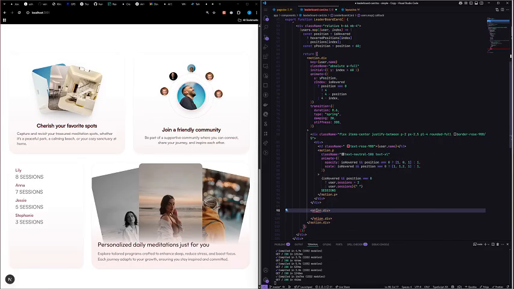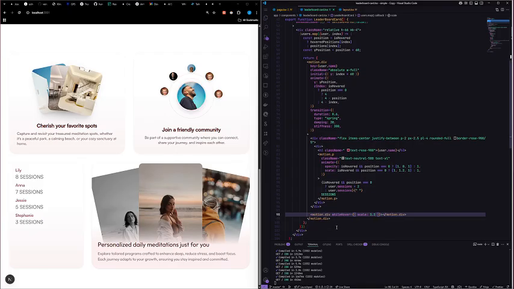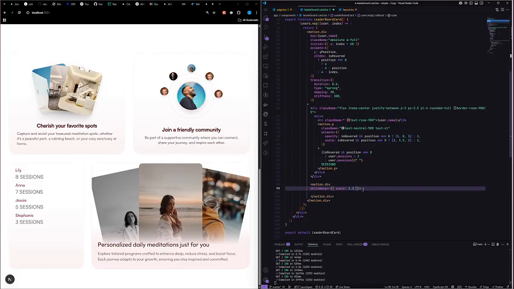Not that, it's motion. So here, this will be responsible for the image. While focus or while hover, we're going to make sure it's scaled to 1.1 like so, and also